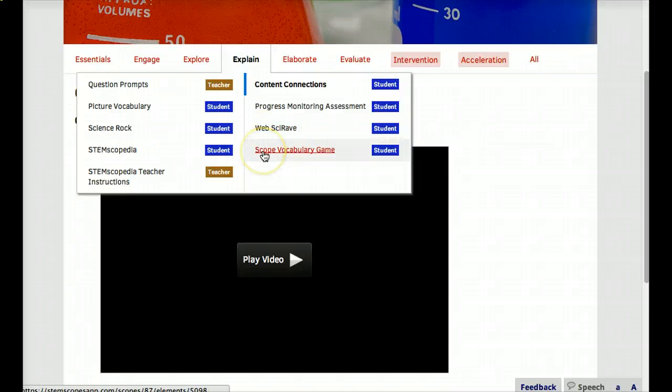And then finally, a scope vocabulary game. This is that learning without knowing that we're learning. Let them play and let them explore via game and